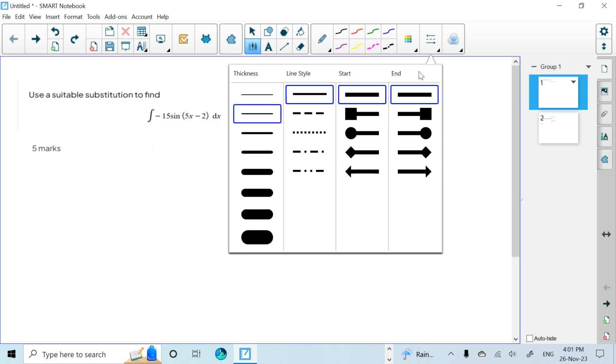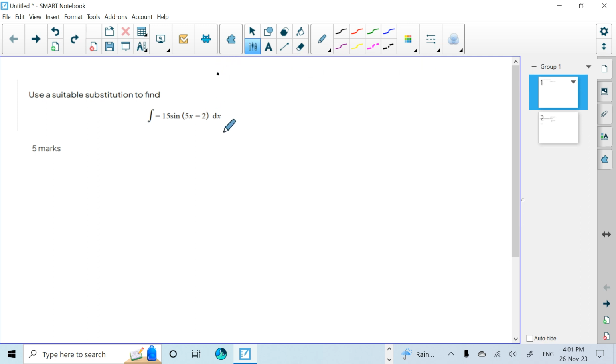So for the integration here, let's call it I. I is equal to, and we'll write that all out, the integral of minus 15 sine, and we have our function inside the function, 5x minus 2 dx. So we're going to let, it's always sensible to let the function in the function equal u in this case. So let u equal 5x minus 2,